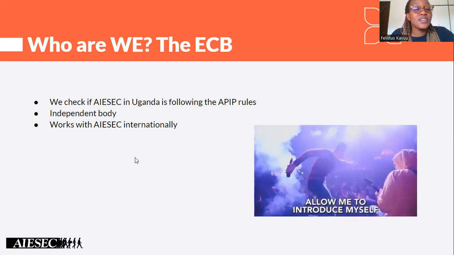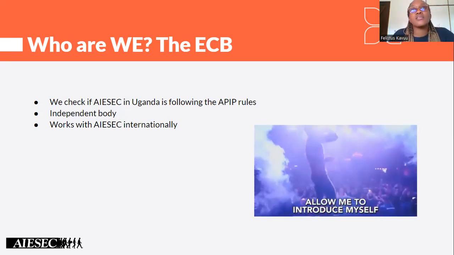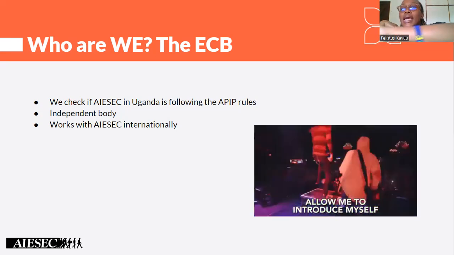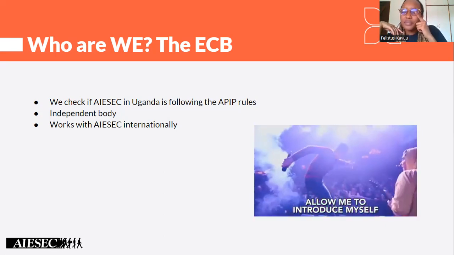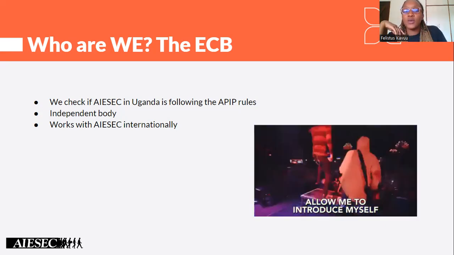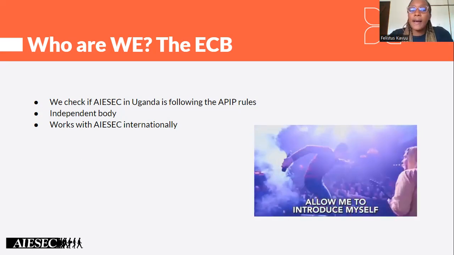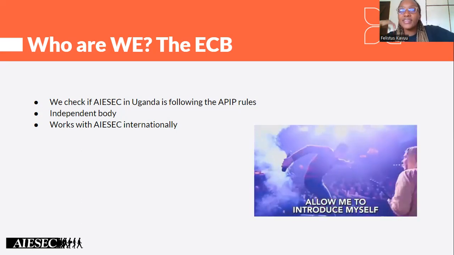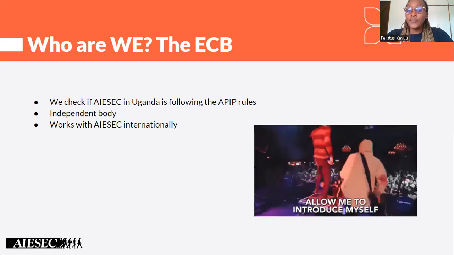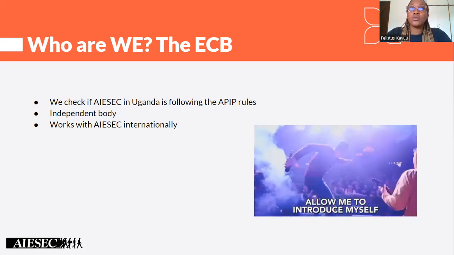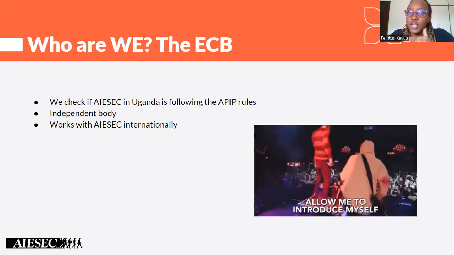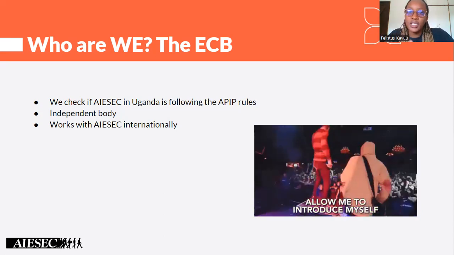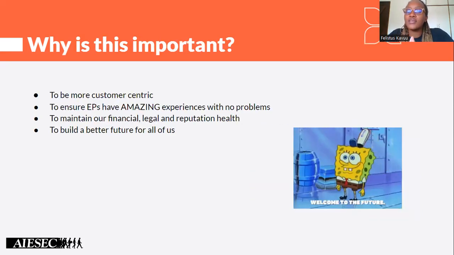Then the next thing is that the ECB is an independent body and it works with AIESEC internationally. On an international basis, we have the International Control Board, which audits all entities. The Entity Control Board is for a particular country, like ECB Uganda, ECB Tanzania, ECB Kenya. The same way ECB Uganda will audit all of the LCs, the ICB will audit all of the entities. So take note of that. When you're having attachments with the VP IGV, what attachments have you had with the ECB? Have you had any attachments with the ECB? That is something I wanted you to at least know.